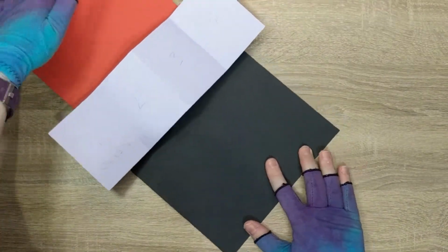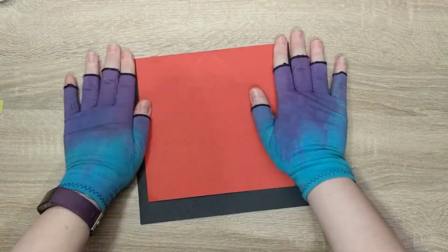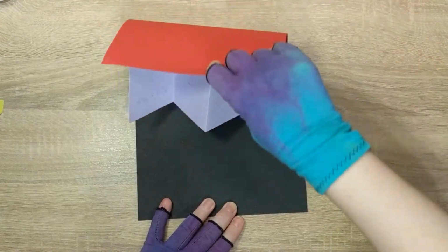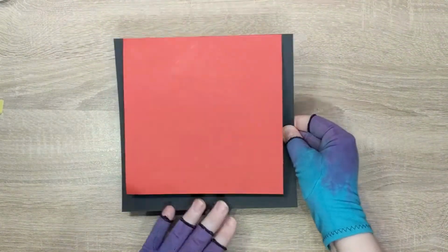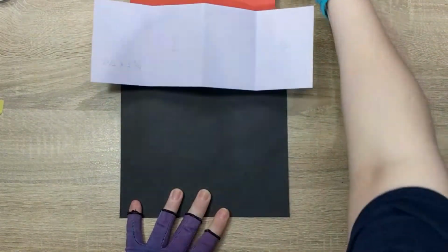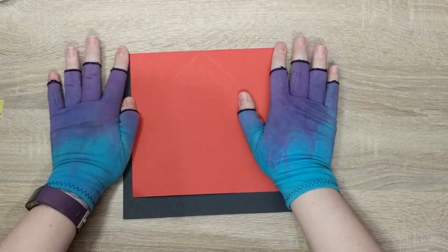Now you have your twist and pop. So it will just open and close. Because this is very loose, it's not going to open and close as smoothly. There we go, there we go. It does open and close smoothly. If I can